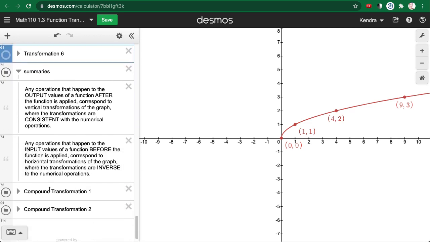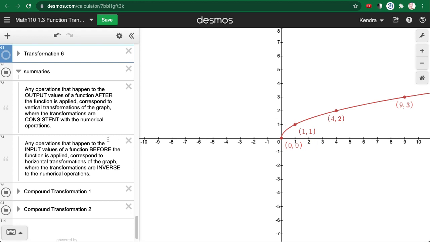So I'm summarizing it like this. Any operations that happen to the output values of the function after the function is applied correspond to vertical transformations of the graph. That is, it applies to exactly the same operations on the y-coordinates of the graph. Okay, so where the transformations are consistent with the numerical operations. So if you multiply by 5 in the algebraic description of the function, then you multiply the y-coordinates by 5